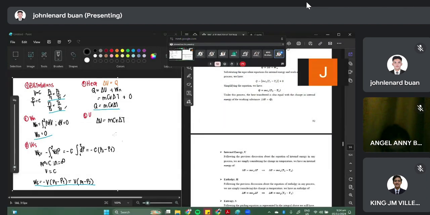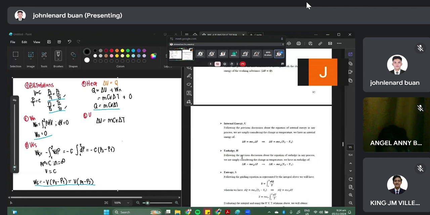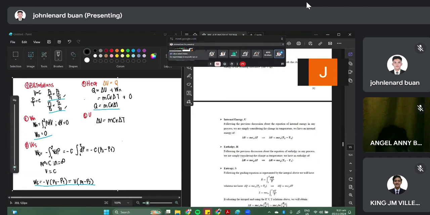Alright, so let's just continue. Again, for internal energy, we have here delta U is equal to mCv delta T. Okay, and then for enthalpy,